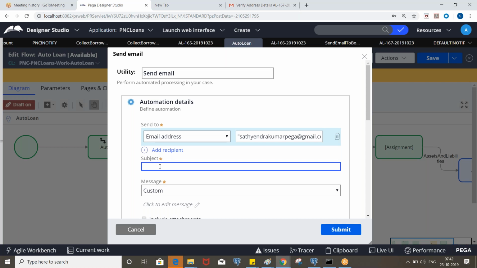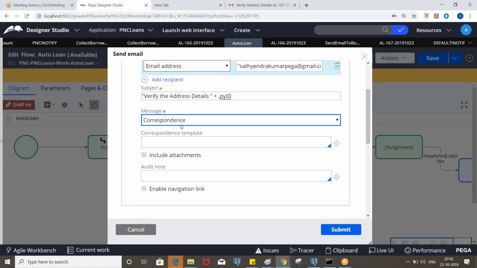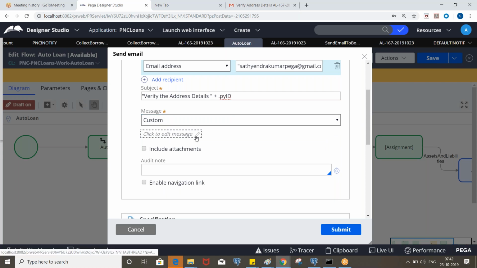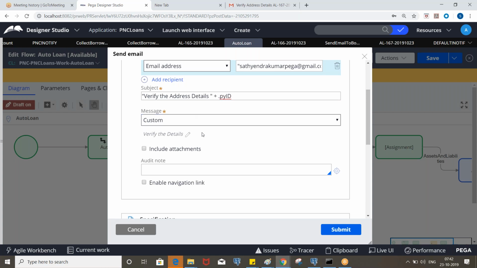Okay, and the subject again you can put like this, and the message either you can write here or you can call the correspondence like this. If you are calling any other rules, then you can create a correspondence and you can call that.